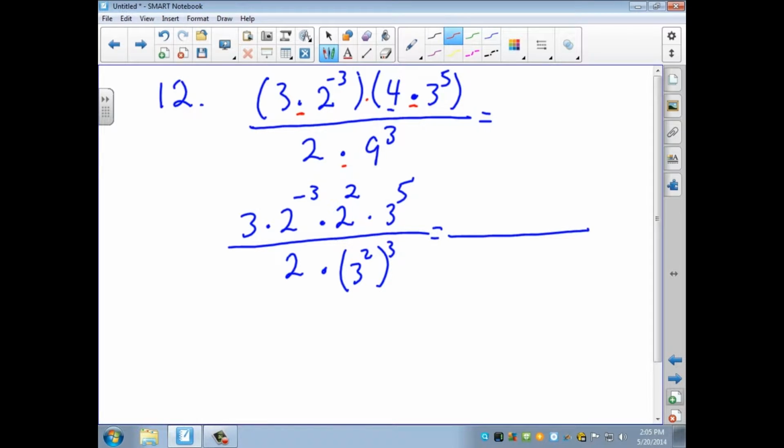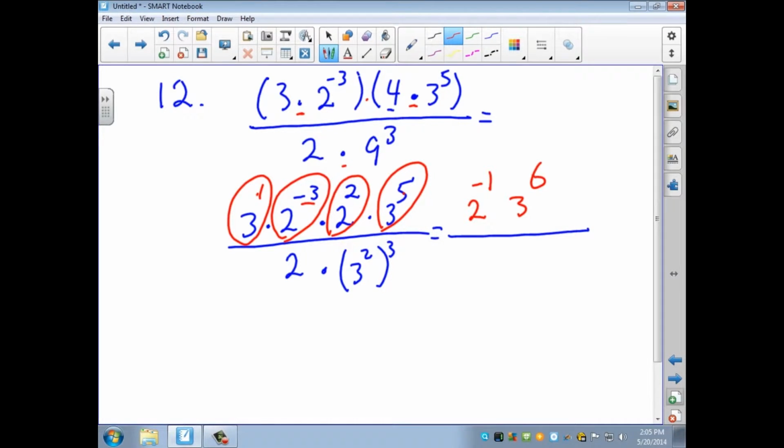Now, 2 to the minus 3 multiplied by 2 to the 2nd, I can write 1 base 2 and add up the power. Minus 3 plus 2 is minus 1. Then 3 to the 1 power multiplied by 3 to the 5 power, I write 1 base and add up the power. 1 and 5 is 6. In the denominator, I have 2 to the 1. Here, 3 to the 2nd to the 3rd would be 3 to the 6th. Therefore, equal to